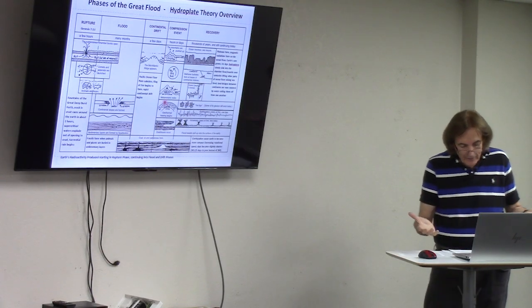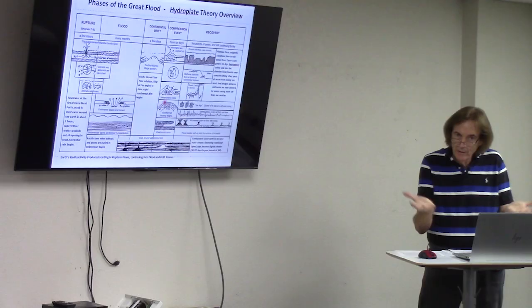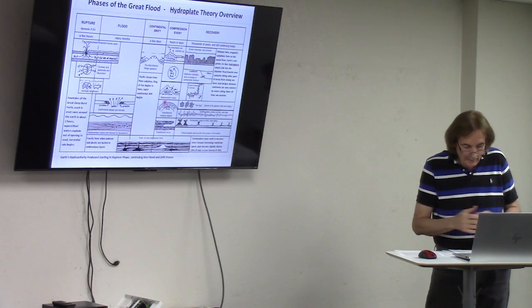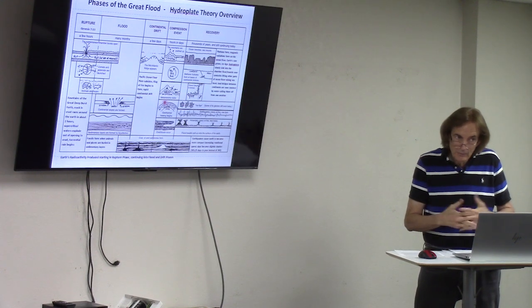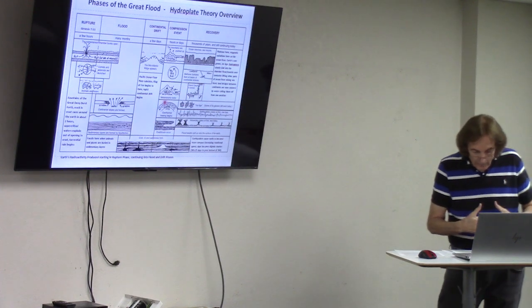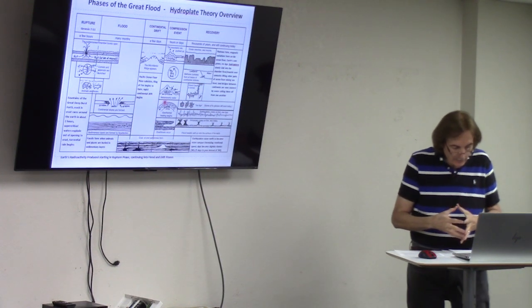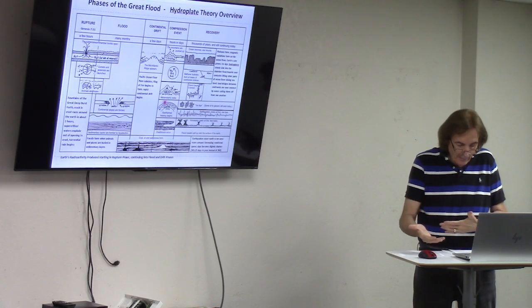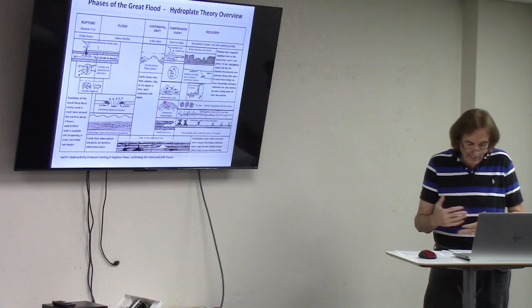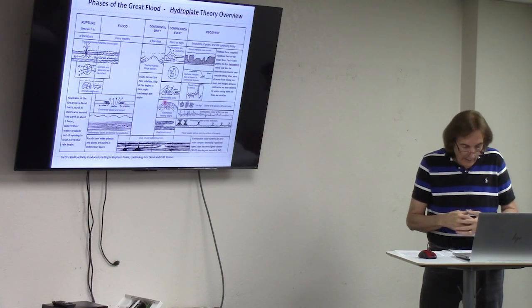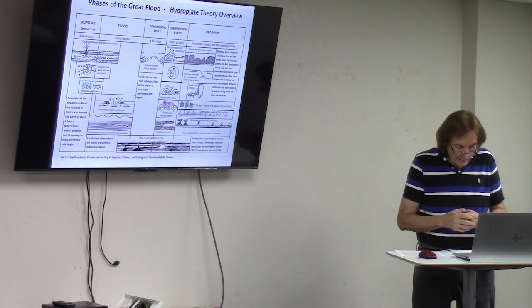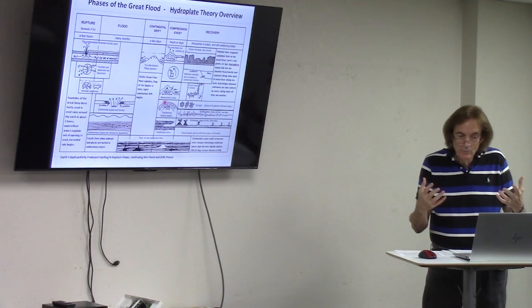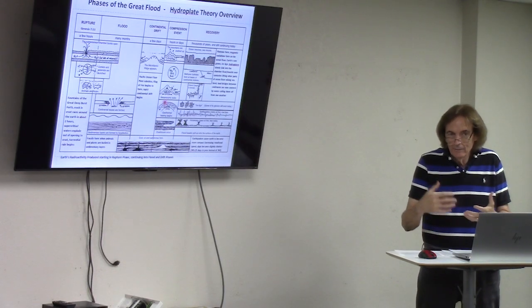Then some of these post-flood lakes that would have formed in the depressions of the newly formed continents would have contained a lot of water. There are several examples we'll show of this. Some of these post-flood lakes would lose some water by evaporation, but they would also gain water from rainfall and drainage into them. And if the right conditions happen, there are two huge lakes up in the northeastern